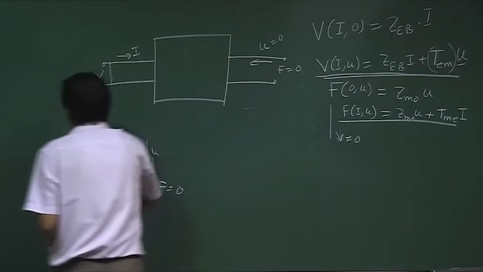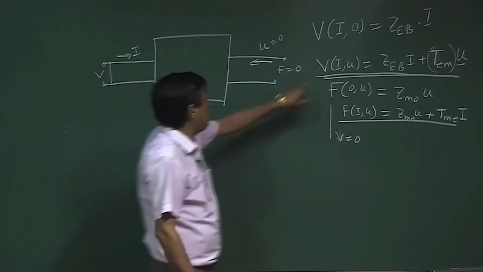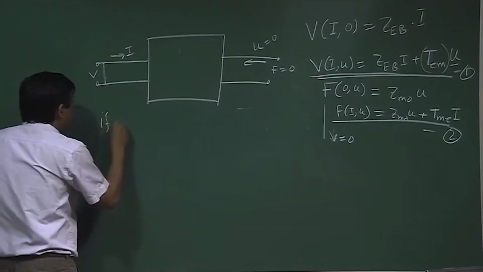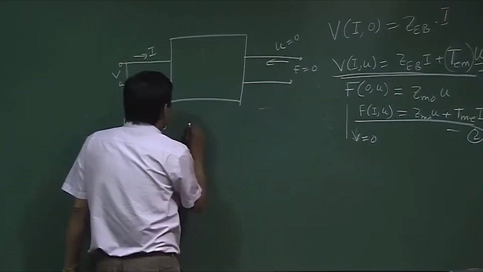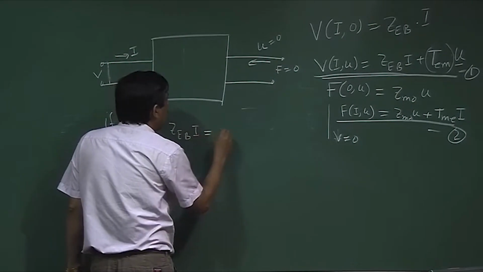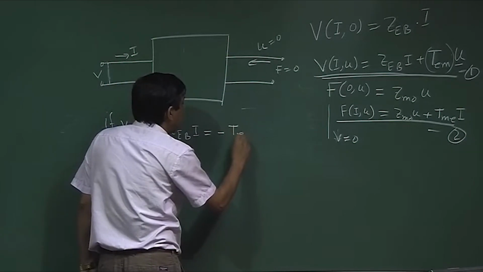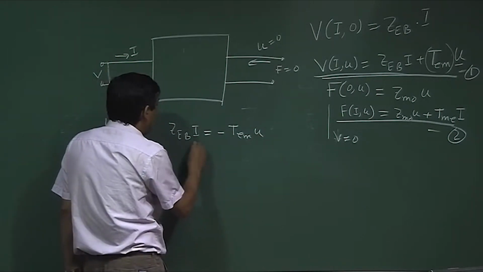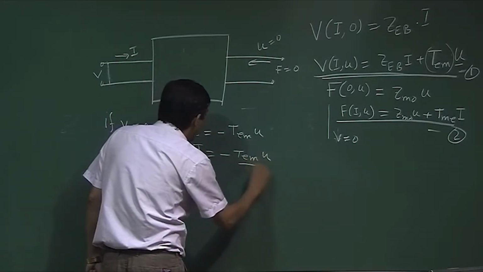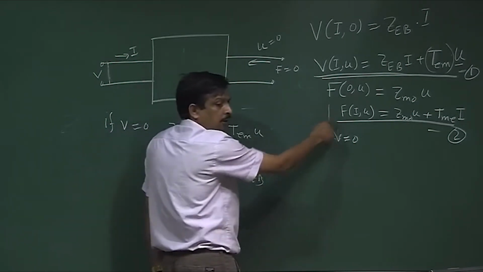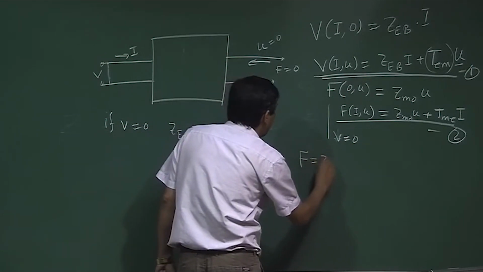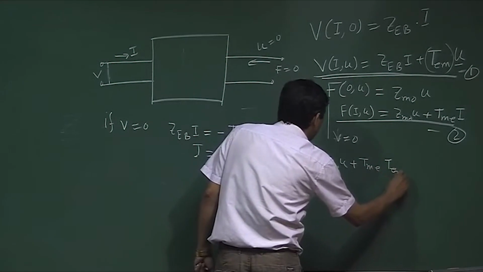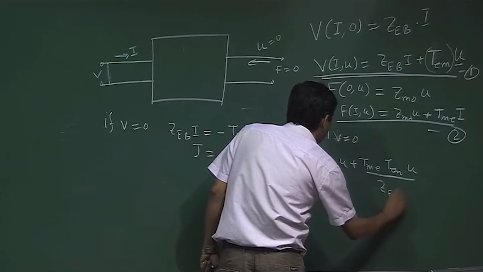Now this is equation number 1 and this is equation number 2. Then if V equal to 0, in equation number 1 what will happen? ZEB into I is equal to minus TEM into U. So I is nothing but minus TEM into U by ZEB. I put that I value in the F equation, then what will happen? Let us write F equals ZMO into U plus TME into TEM into U divided by ZEB,